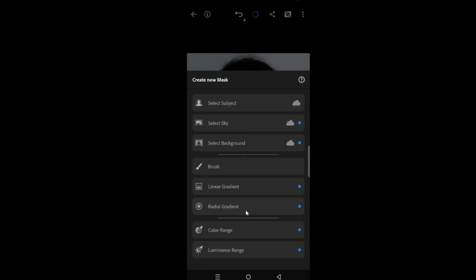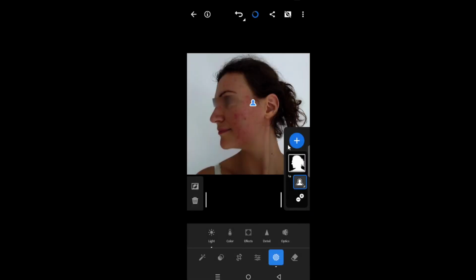If the selection isn't perfect, refine it. On the active mask, tap Add to include more areas with any tool, like the brush. Tap Subtract to remove parts you don't want affected. And if you realize you need the opposite area, long press the mask thumbnail and choose Invert Mask to flip the selection, turning a subject selection into a background or vice versa.